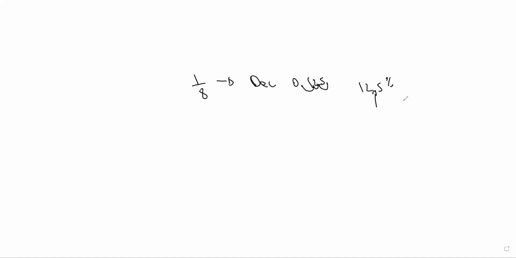So there are a lot of mistakes that everyone makes with this. A lot of people will just get the answer as 0.125, and then they'll stop at that point, and they'll totally forget the question was asking them to go to a percent. So they didn't really answer the question. So you have to remember to keep going to the last step.